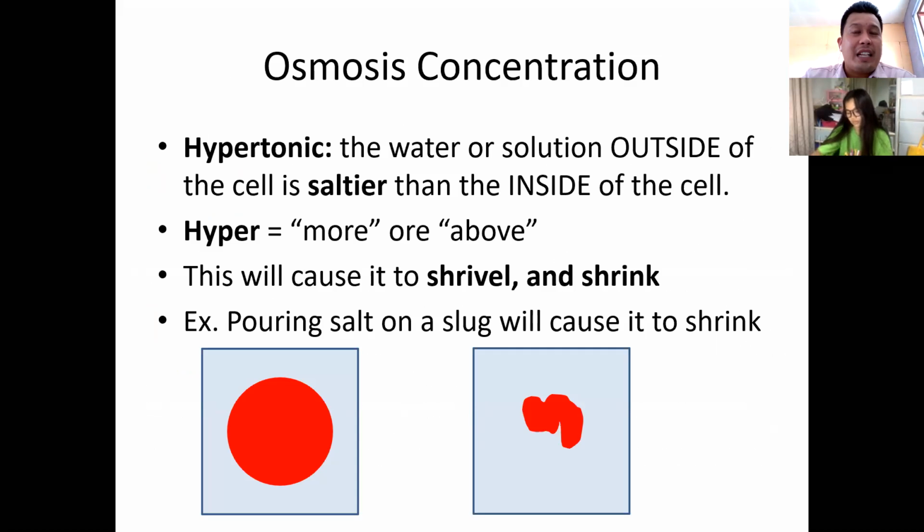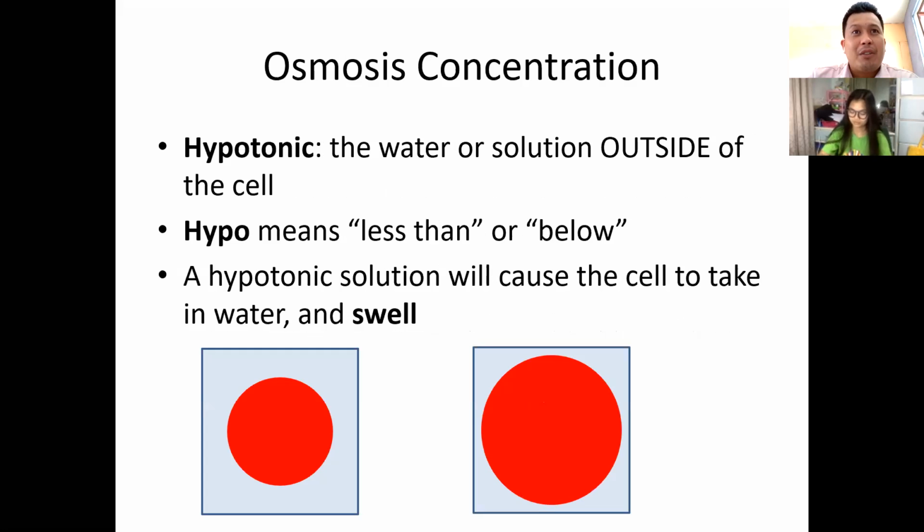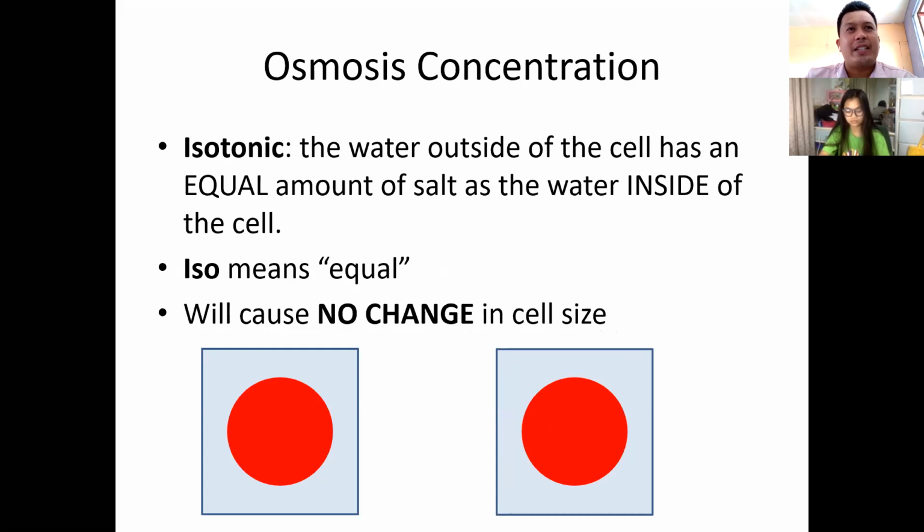Okay, this is an illustration of a hypertonic solution, class. So from the red, which is like the flag of Japan, it shrinks. That's hypertonic. Hypotonic, on the other hand, is like from a normal size to a bigger size balloon. Small size normal shape cell to an enlarged swelling cell. And then for isotonic, no change at all. The concentration in the inside is the same as the concentration on the outside.